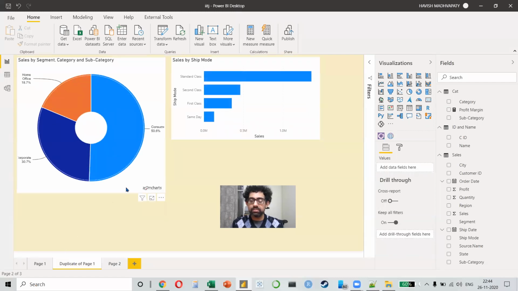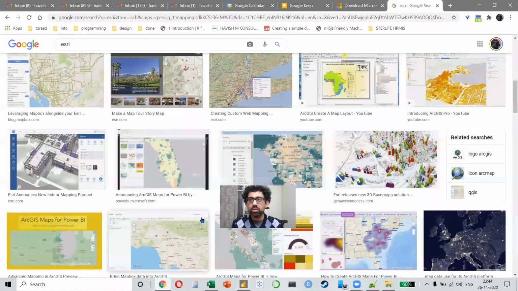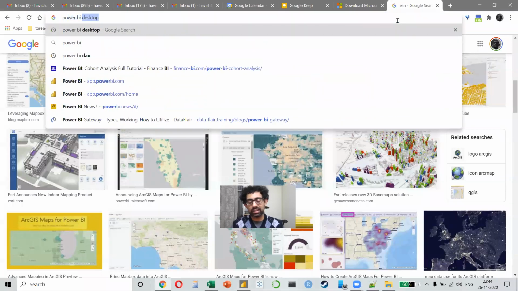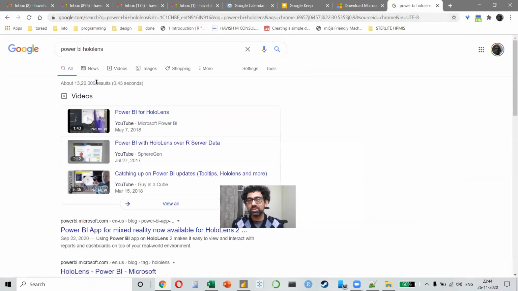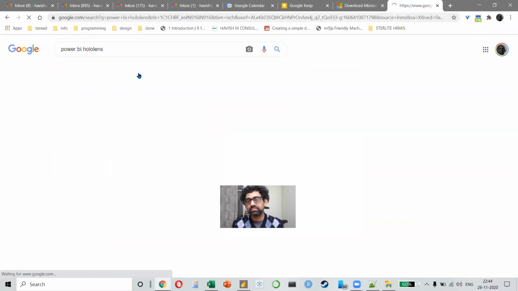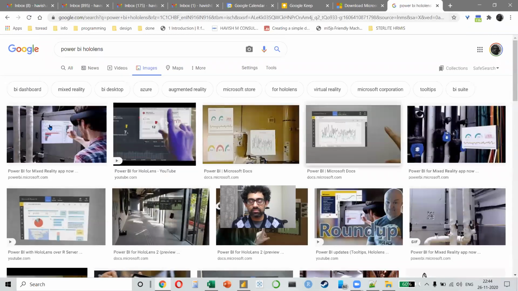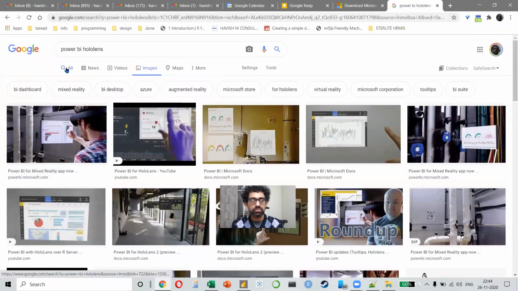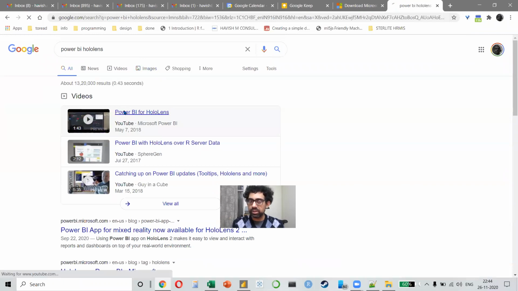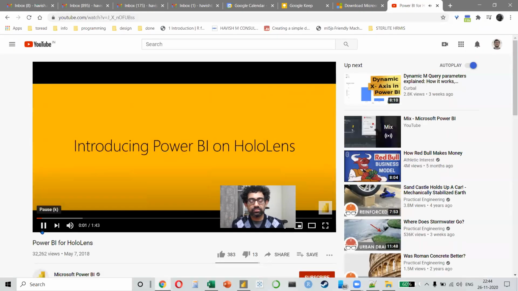I just had this idea that if we could integrate this with holographic technology, then it would look way better. Already there. Not holographic, but you have something like that. It's called HoloLens. Actually, it is holographic technology. It already works. So Microsoft has a device, which is the virtual reality system. I just wanted to see a small 1.5-minute video to see how it looks.